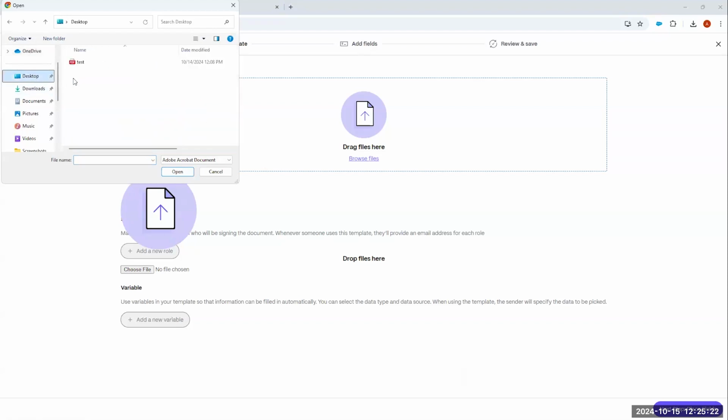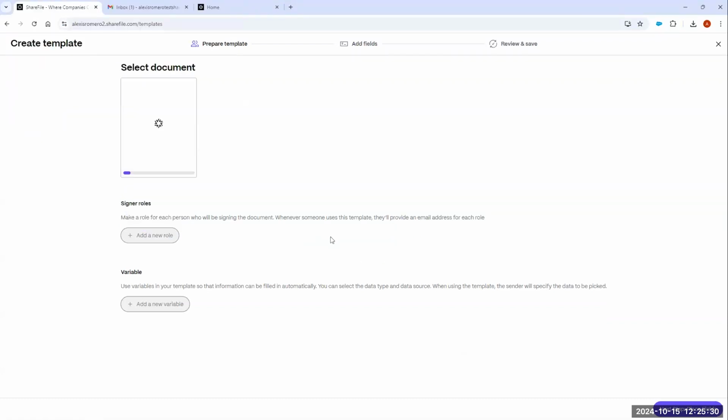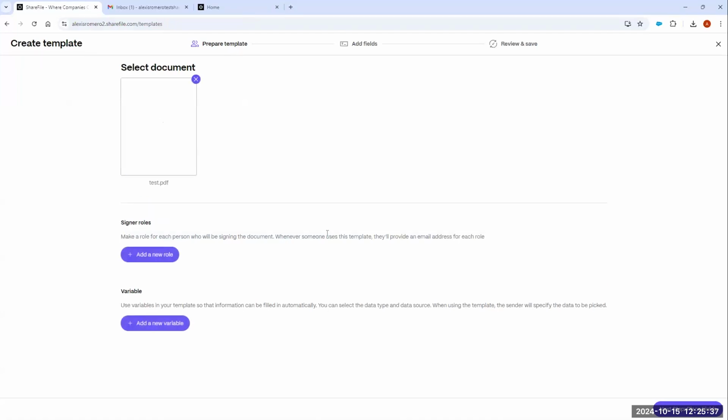Okay, I will go to my desktop and I have a test document here. So I will click on Open. This will load the file into ShareFile and the templates. It's going to take a minute. There you go. Now, we can add signer roles, right? So I can make a role for each person that is signing the document. So remember, this is a template. So if you have a contract that you need to sign yourself, and also a client, you can